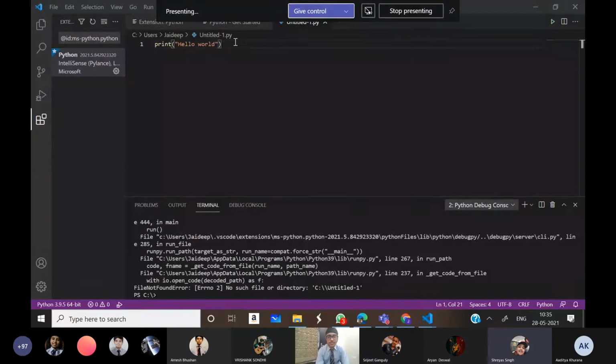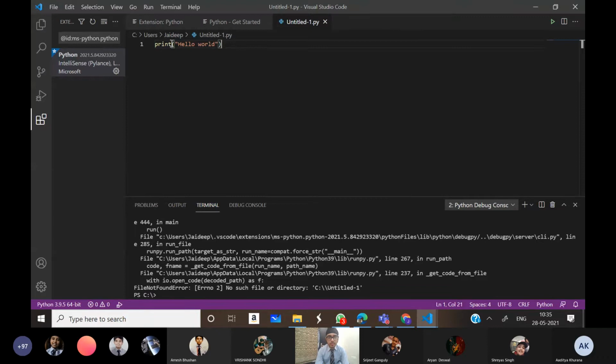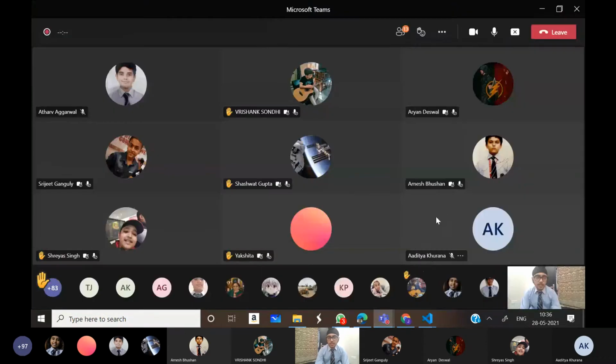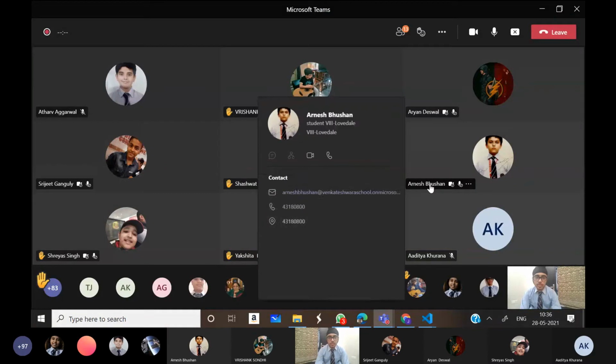So everyone can see my screen. Yes, Bhaiya. So we will learn how to print a statement. First we will write print in lowercase. Then we will use open brackets, then an apostrophe mark, and then hello world. When we run this code, as you can see, we have got hello world. Everyone please do this on your respective screen as well. Here hello world is a string. So everyone has done the code right now.